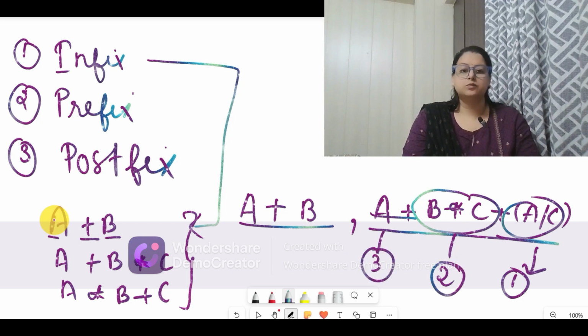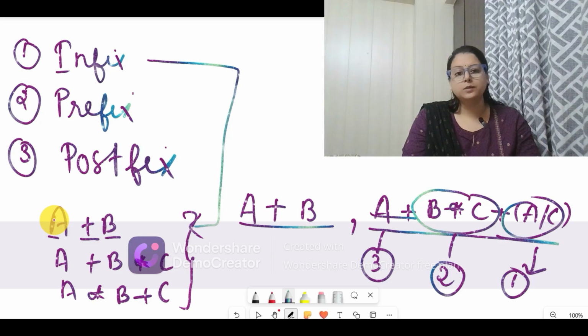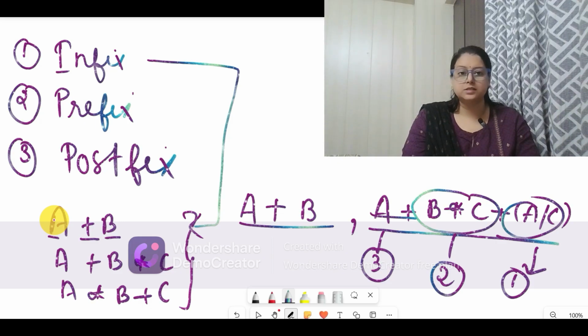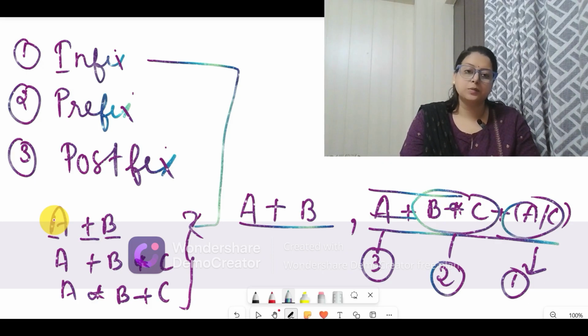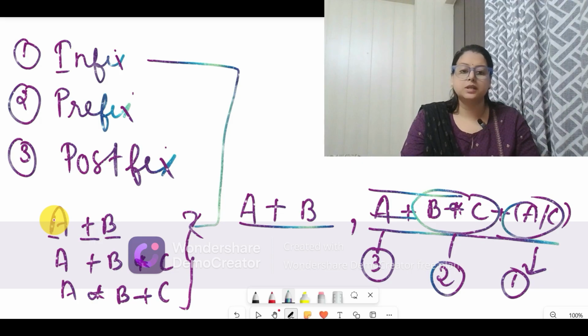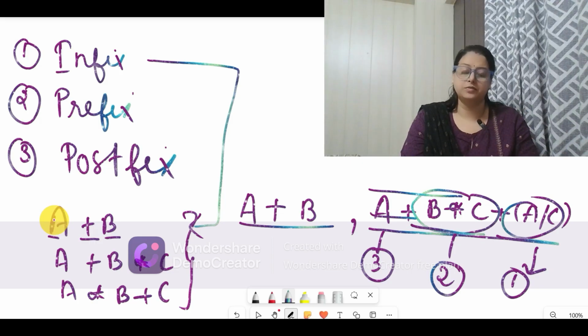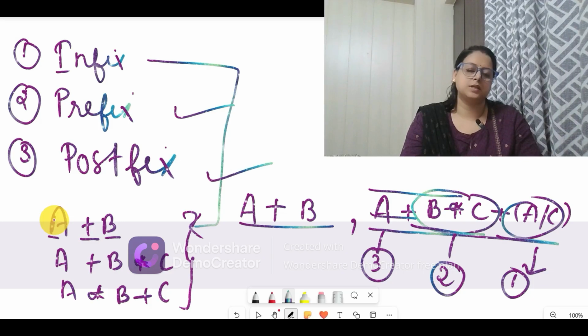In our mathematics, we understood the priority and priority table, so there is no problem of solving this type of expression. But now the problem arises in computer science. When the computer deals with this type of combination of expressions, the problem arises because the computer does not know the priorities. Priority means which operation in the combination will be solved first, and there is a problem for the system. For this reason, these two, prefix and postfix, are used in computer science.